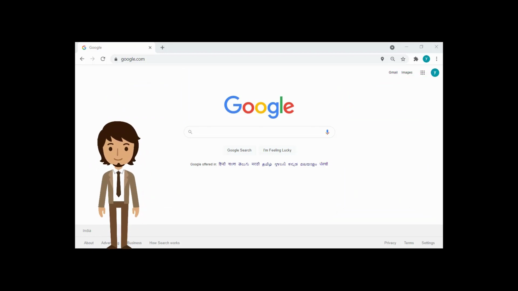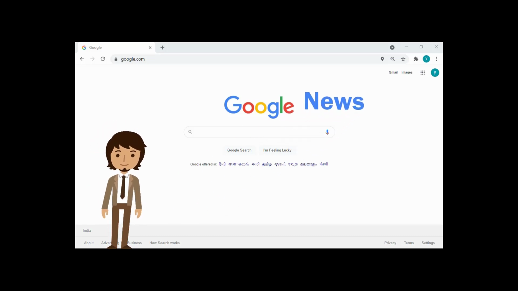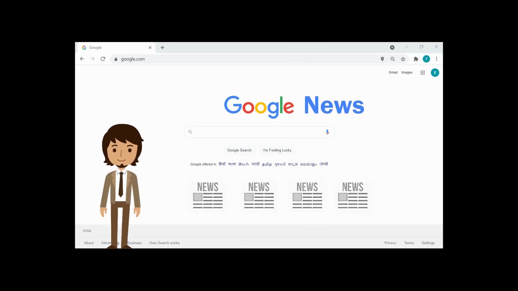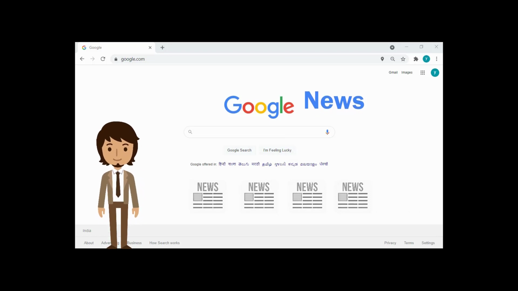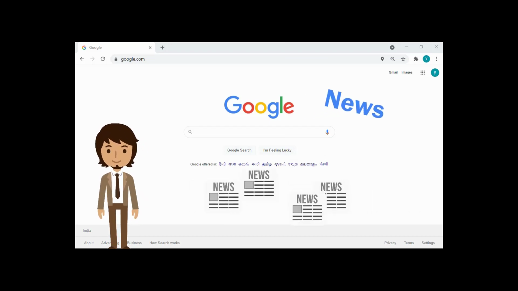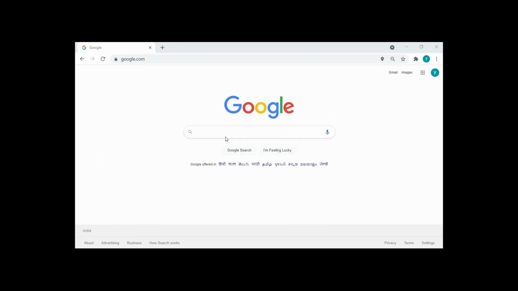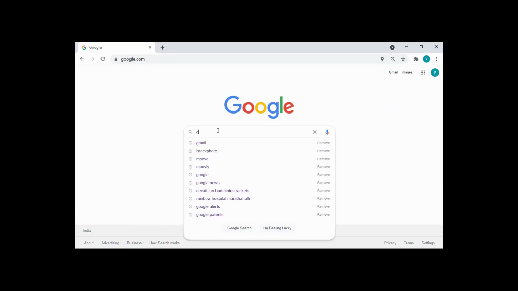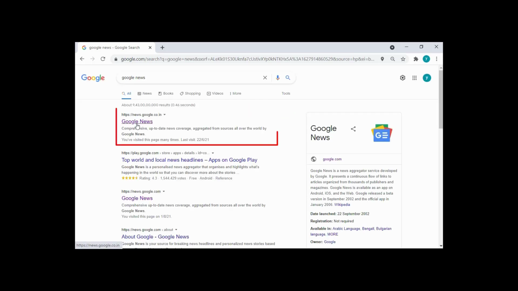And if you are busy and at the same time you want a quick glimpse of all news, then Google News is the best fit for you. Google News will bring all media houses onto one platform and show you a consolidated news summary. It should be your one-stop destination for news. Now let us go to Google News. For this you need to search Google News and click on the first option,